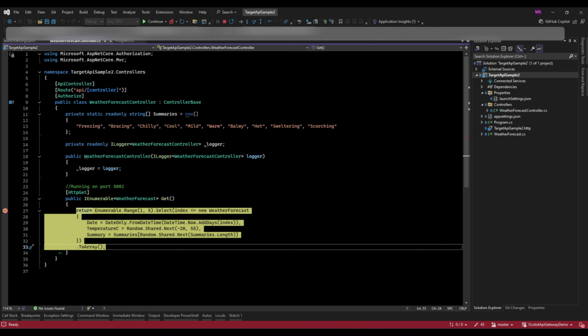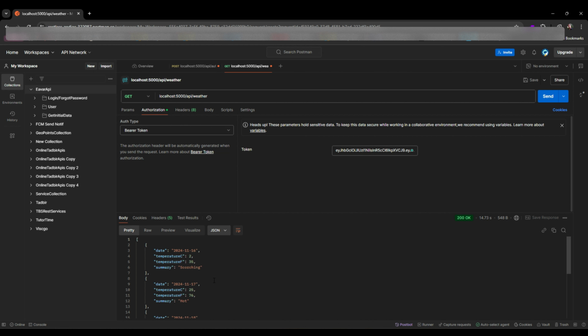So far, we've successfully authenticated, routed requests, and tested load balancing. Now imagine if one of your clients sends an excessive number of requests. Without any controls, this could overload your system and affect other users. That's where rate limiting comes in. It allows us to define a limit on the number of requests a client can make within a specific time frame. Let's jump into implementing rate limiting with Ocelot and see how we can safeguard our APIs.